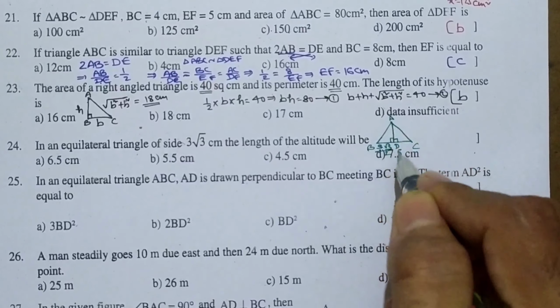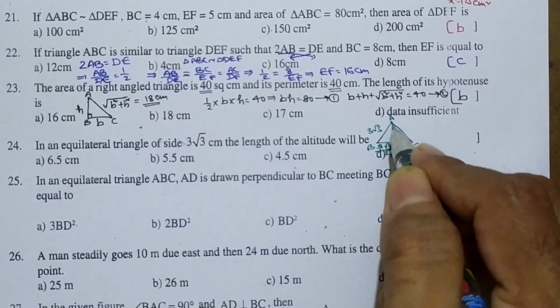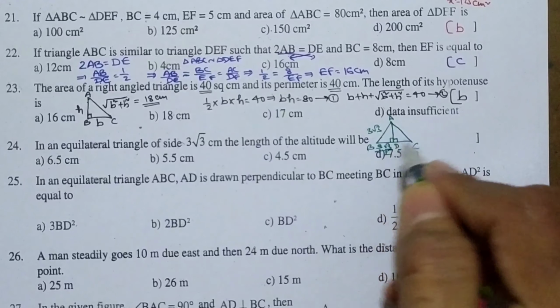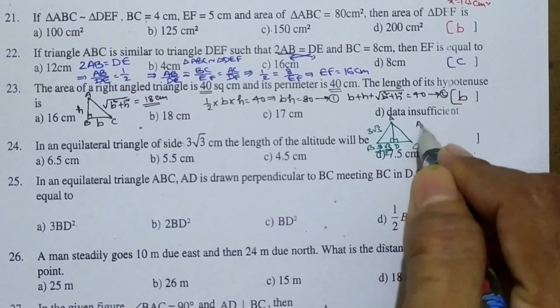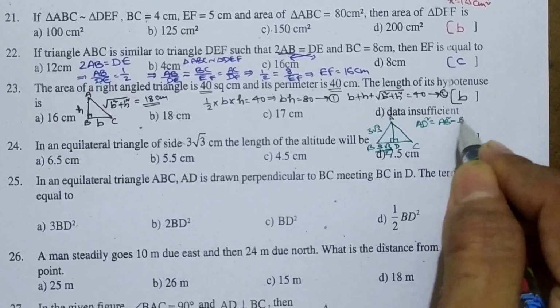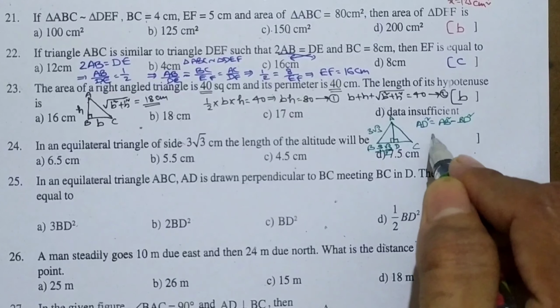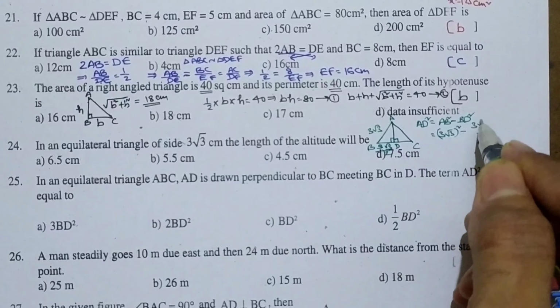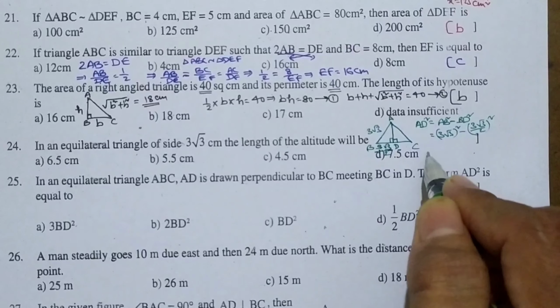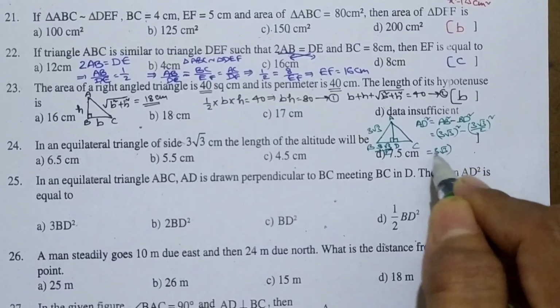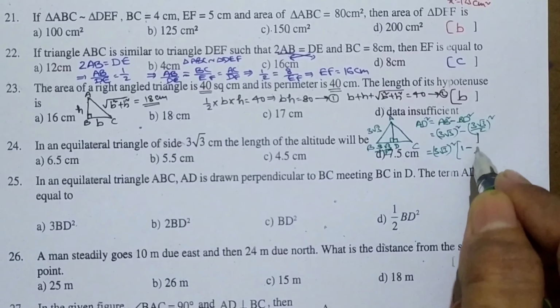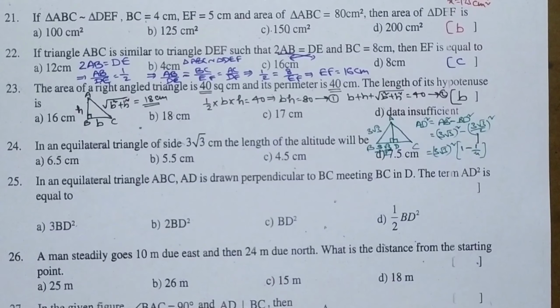So here let us take AD as the altitude, AB is given as 3 root 3. Now here we can apply Pythagoras theorem for the small triangle ADB. So here you want AD square. AD square is nothing but hypotenuse square, that is AB square, minus the side square, that is BD square. So we can substitute the values and simplify. AB square is 3 root 3 whole square minus BD square is 3 root 3 by 2 whole square. Now I am taking 3 root 3 whole square as common. Now here it is 1 minus 1 by 2 square means 1 by 4, right.